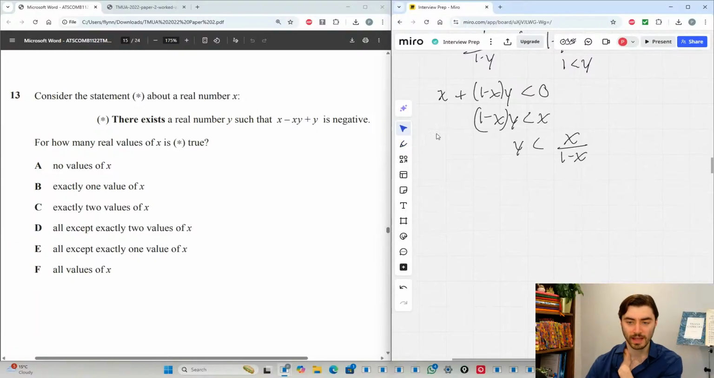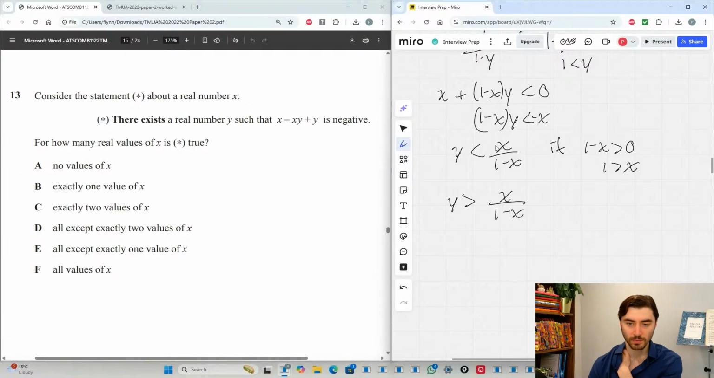And that is true if. So I need to consider that if you divide by a negative number, you change the sign. So y is less than x over 1 minus x if 1 minus x is positive, which means 1 is bigger than x. And the sign flips, that should be negative, of course. The sign flips if this thing is negative, so if 1 is less than x. It just feels like this is true for all values of x,